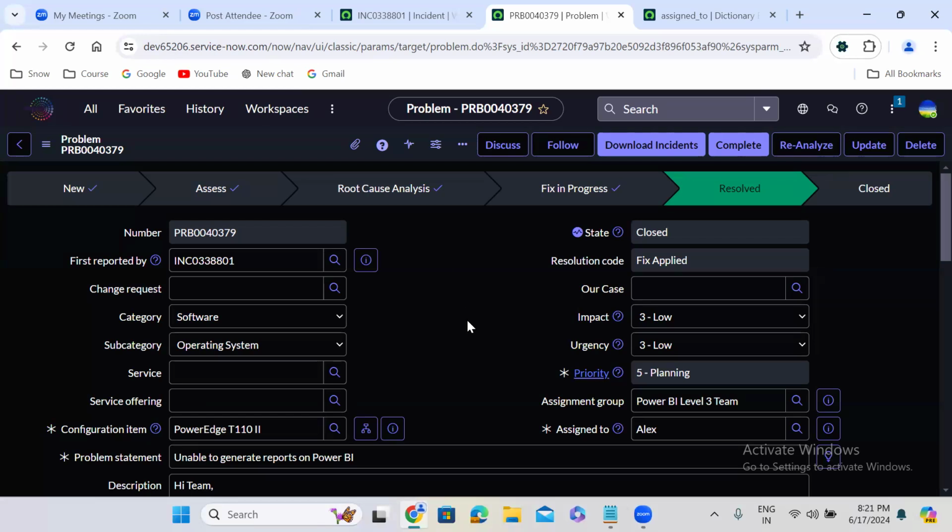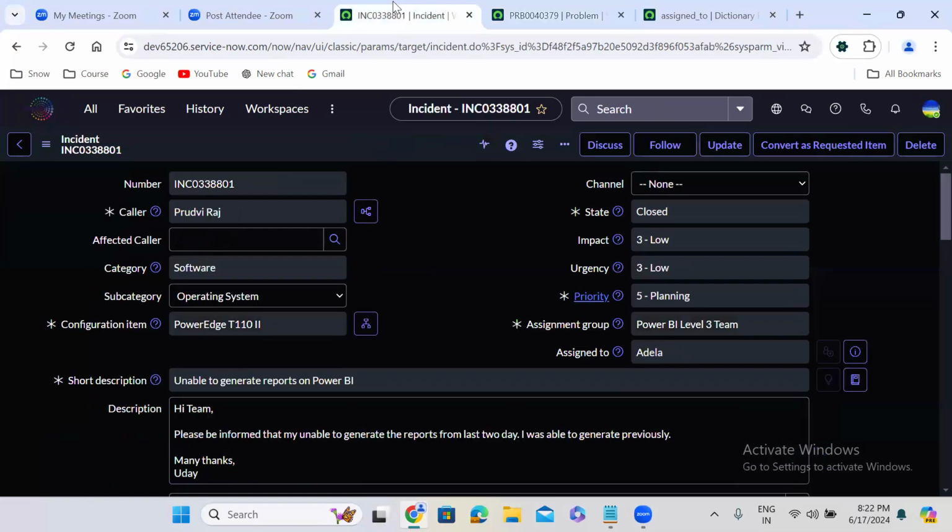My point here is, somebody has asked a question, that is actually Vamsi. Vamsi asks how long it takes for an incident to go to the closed state from the resolved state. That varies from organization to organization, guys. Let us say Adila has provided the resolution and kept the state in the resolved state.